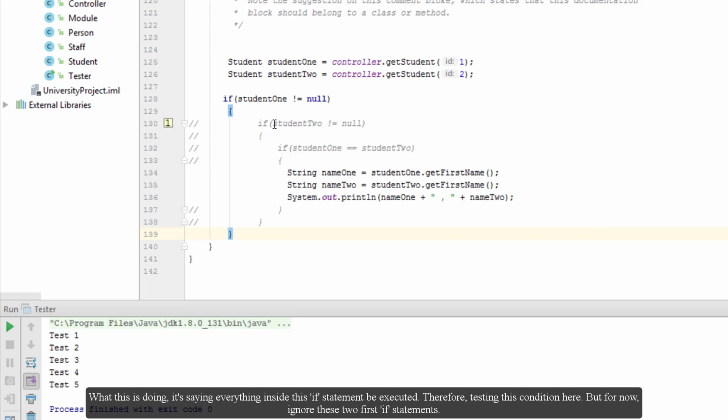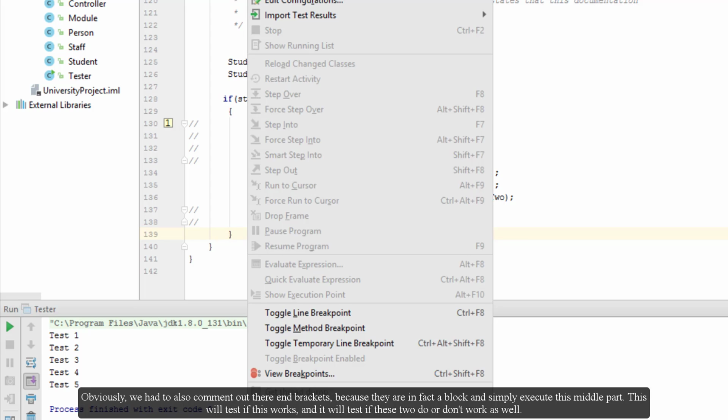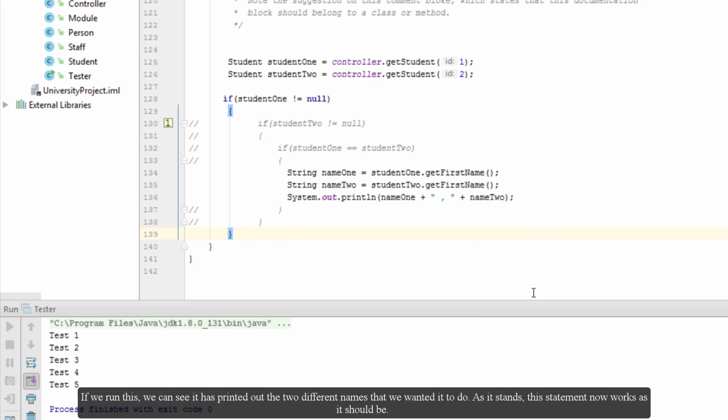So what this is doing is saying that everything inside this if statement be executed, and therefore testing this condition here. But for now, ignore these two first if statements. Obviously we have to also comment out their end brackets because they are in fact a block, and simply execute this middle part. This will test if this works, and it will test if these two do or don't work as well. So if we run this,